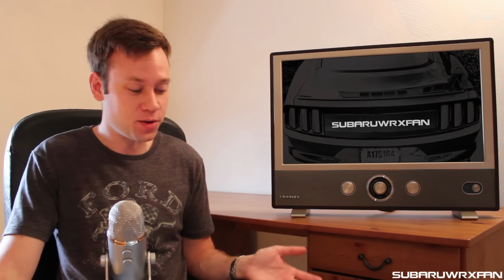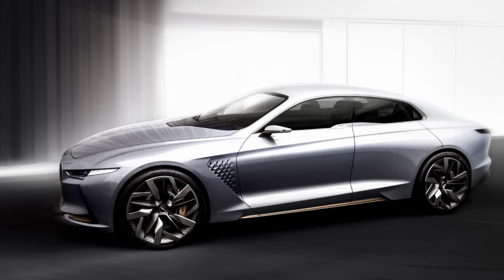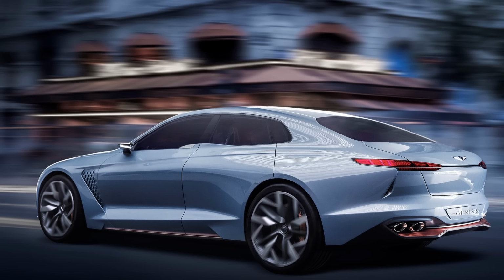And another really, really striking car. There was a lot of them at New York this year, but Genesis, the new Hyundai luxury brand, they just unveiled the New York concept, which is previewing what a 3 Series or A4 fighter is going to look like from them. They want to have, that's going to be their smallest model, and it looks so striking. I mean, there's not a bad angle on this car. Every single angle looks amazing, and hopefully it doesn't lose too much of this flair for the production version,